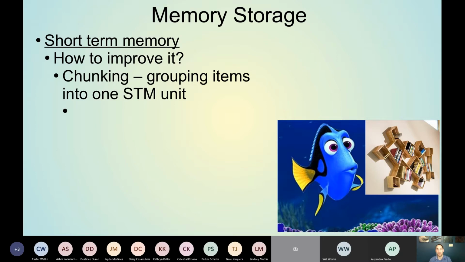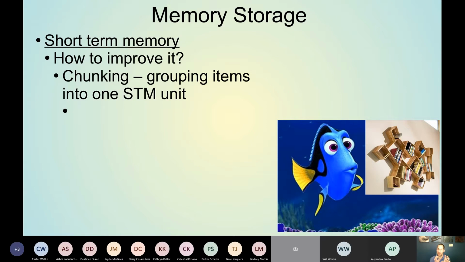So rather than remembering a whole long phone number as individual units, like how many numbers are in a phone number? If we're not counting the area code, 7, right? Yeah. Had to recall some long-term memories there to remember how many numbers are in a phone number. Anyway, so if you've got only 7 shelves, say 7 shelves 5 times fast, that's difficult. So if you've got only 7 shelves for your short-term memory, putting each of those numbers individually can fill up your whole short-term memory, and then you have no space for new information coming in.